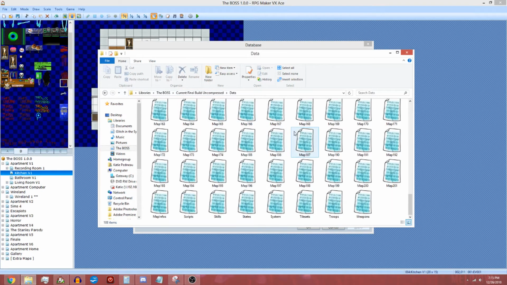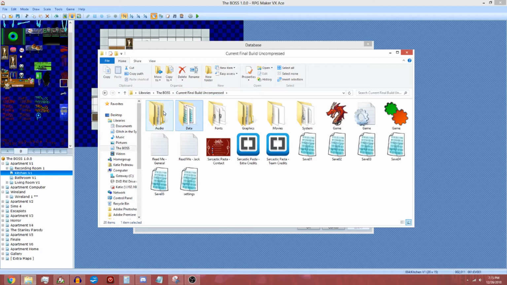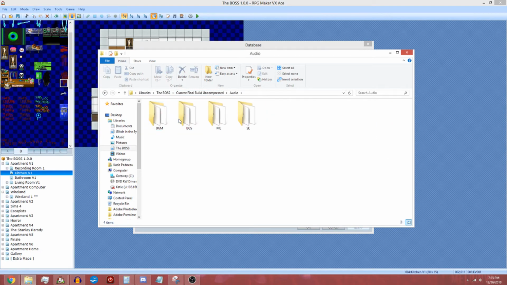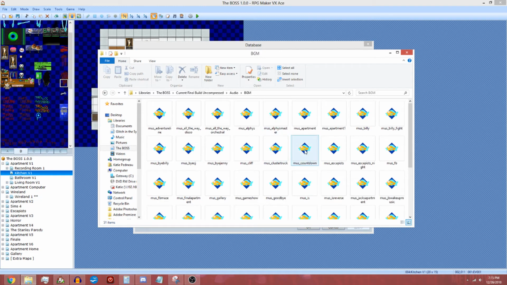Again, with the data files, as you can see, we have 201 maps here, and then there's map info and stuff. This is basically where the data is set up, so you don't really want to mess with that. And then, of course, audio, you've got lots and lots of background music, and if you were to click on any of it,